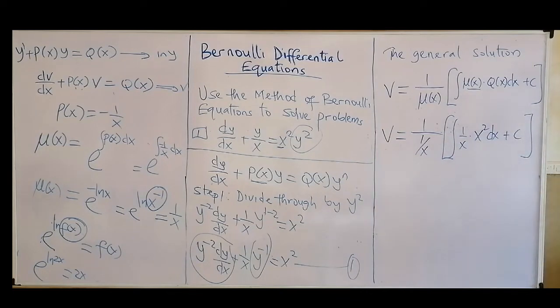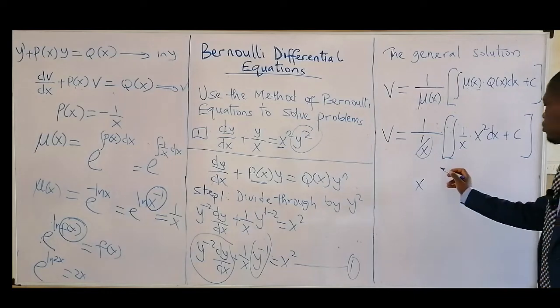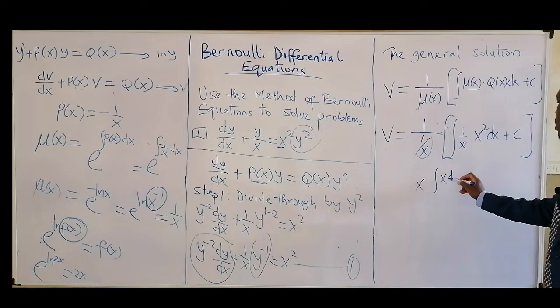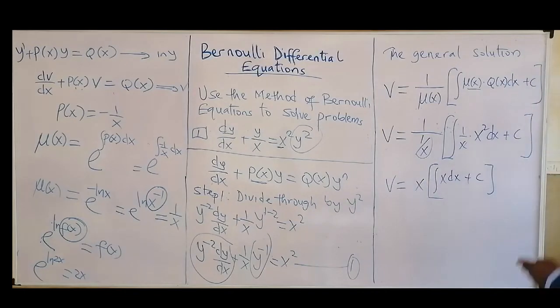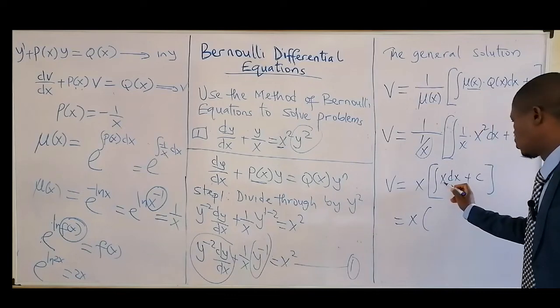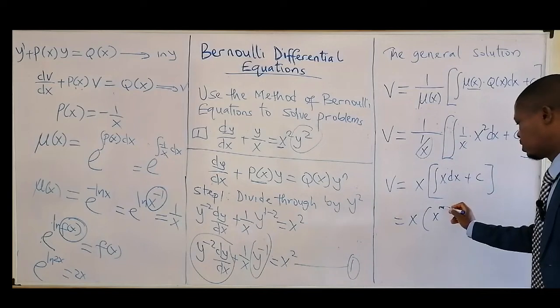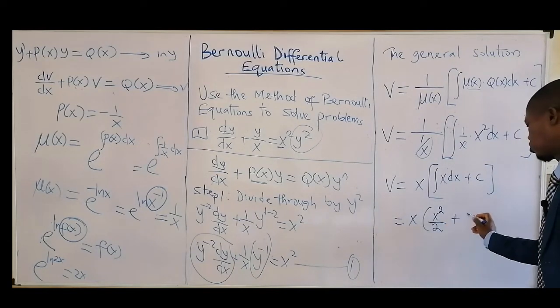Okay, so that's that. When you have the inverse of a fraction, that will just become this integral. This cancels, the 1 over x here, dx plus c. Don't forget the bracket here. Okay, V equal to what? V equal to this. That will give us this in a bracket. Can you do the integration for this, which will be equal to x to the power 1, plus 1, that's 2, all over 2. Then plus c.